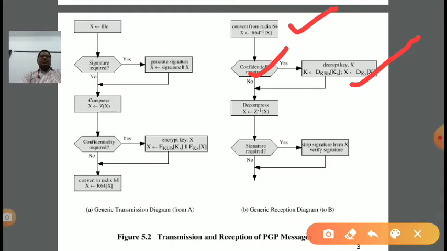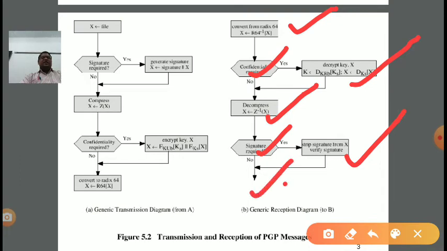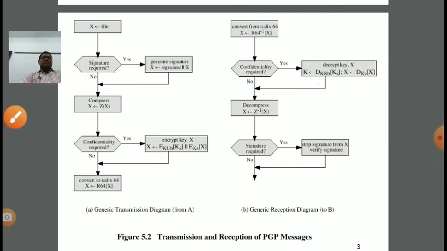Once we have the decrypted message, we will apply the decompression technique, Z inverse on X, in order to get the original decompressed X. If digital signature is required, then we will strip the digital signature from the message and verify the signature, and after this we will get the original X. In this manner the transmission and reception of a PGP message can be done.